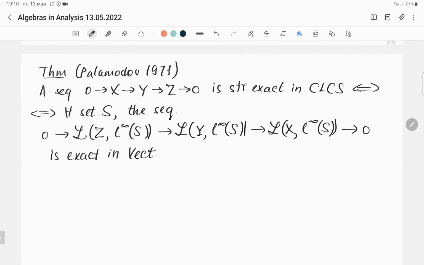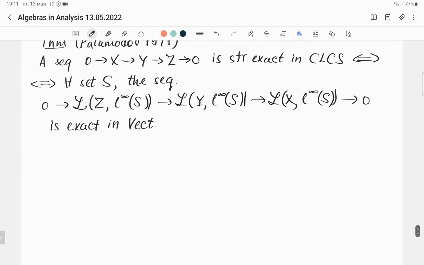So this result is a reasonable substitute for Johnson's lemma, which fails in the category of all complete locally convex spaces. But this result looks similar because instead of taking the dual spaces, that is the spaces of continuous linear operators to the complex numbers, we take continuous linear operators to little l infinity of S. Okay. Now